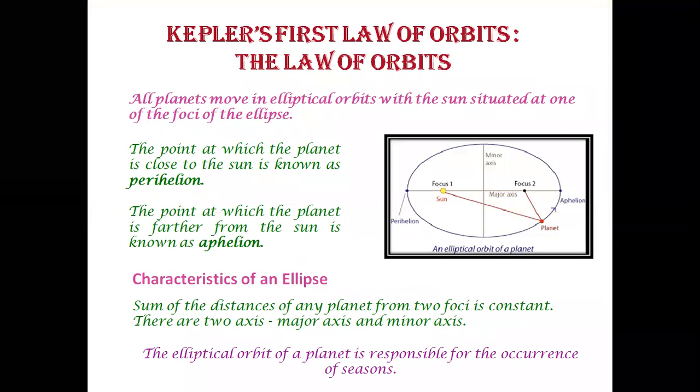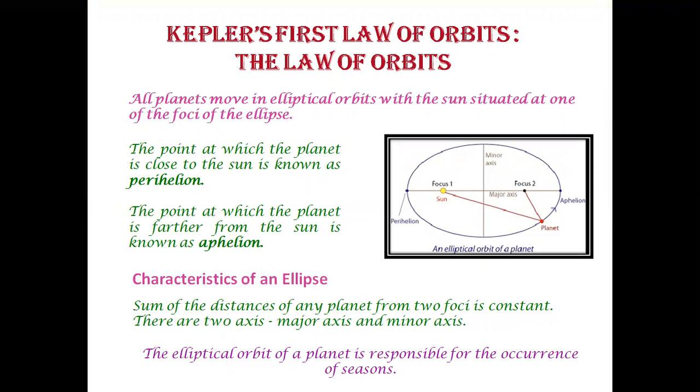First of all, there are three laws. Kepler's first law of orbits, this is known as the law of orbits. It states that all planets move in elliptical orbits with the Sun situated at one of the foci of the